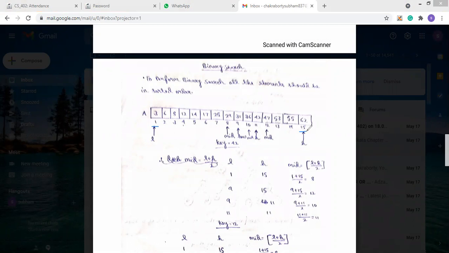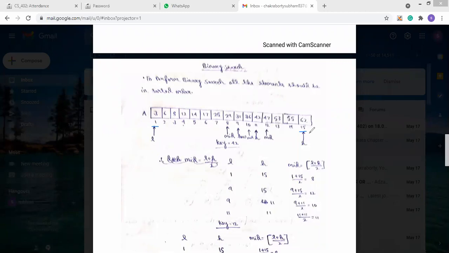In binary search, we first have to find low and high. Here our low is the first position and high is the 15th position. After low and high, we have to take mid and evaluate it.